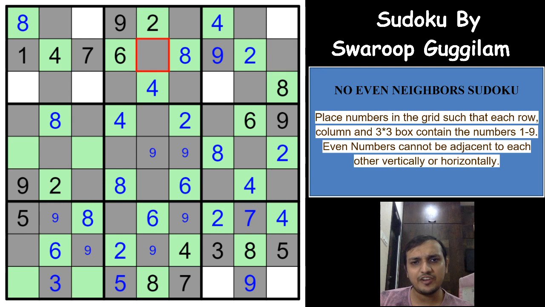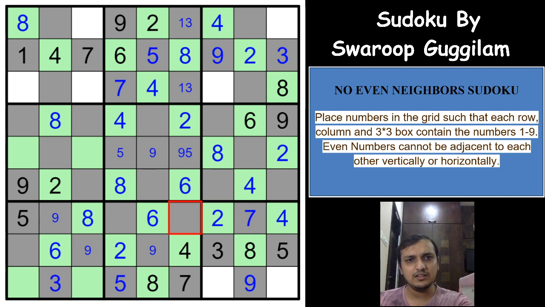We need to have a 3 and 5 remaining in these two cells, and the only possible way is this being 3 and this being 5 because of this 5. Because of the 5 here, 5 has to be in one of these two cells, and because of the 7 here, we'll get a 7 in this cell, which means that these two digits have to be 1 and 3, and these two digits have to be 9 and 5, and because of this 5 we get a 9 here and a 5 here.